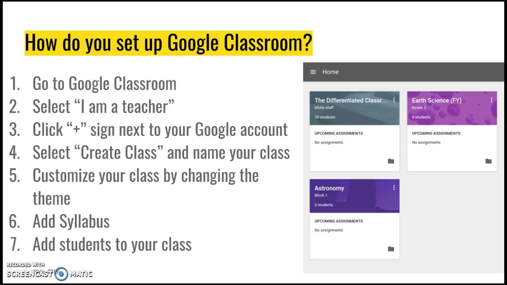Teachers can have this all set up before the start of the school year, and on the first day of school, you can have the code ready for your students. As you can see, it is very easy to set up Google Classroom. It becomes more complicated as you integrate other tools and actually add things to your Google Classroom, like assignments and